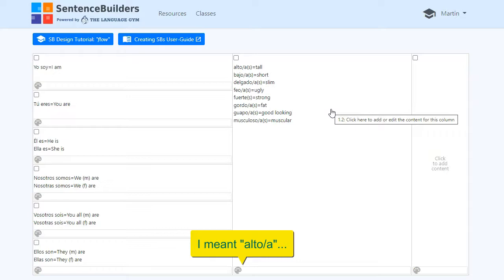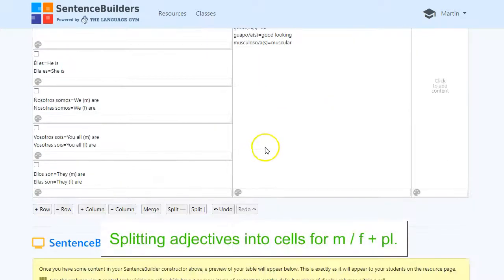So that's far from ideal. So what we need to do is separate the adjectives out into masculine and feminine, and in fact I'm going to separate them into singular and plural as well, so that we have singular adjectives at the top of our table and plural adjectives at the bottom of our table to match with the plural subject pronouns. So I want a plural section at the bottom,